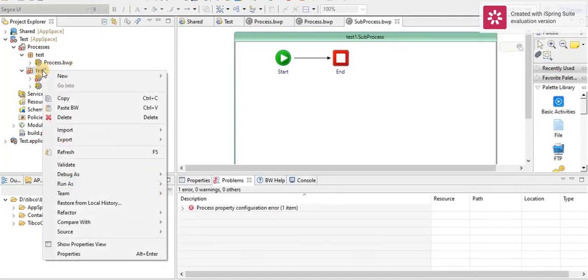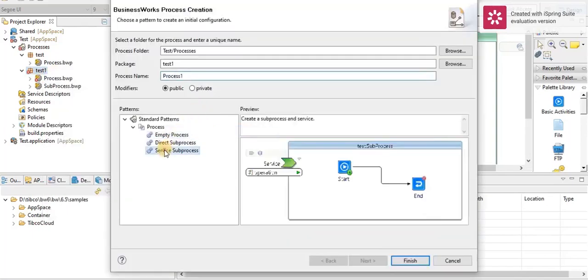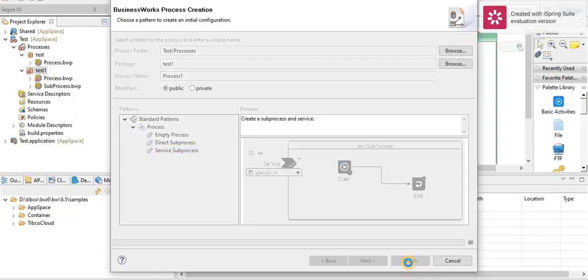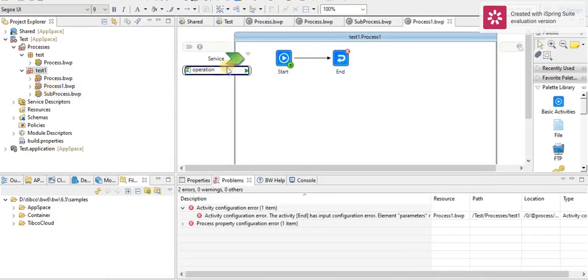There is one more way to create a process and expose it as a service. So here I create a BW process and I choose that process as a service sub-process. So here my process itself is exposed as a service.